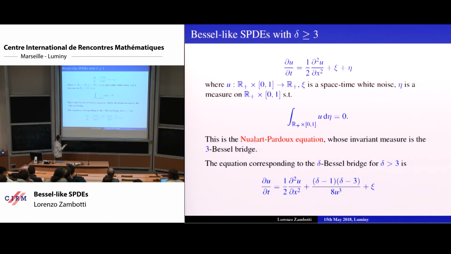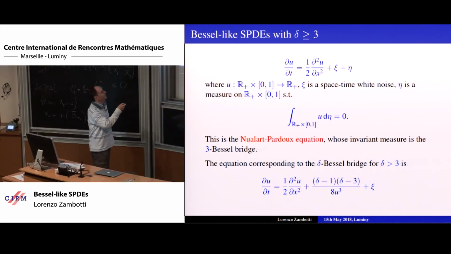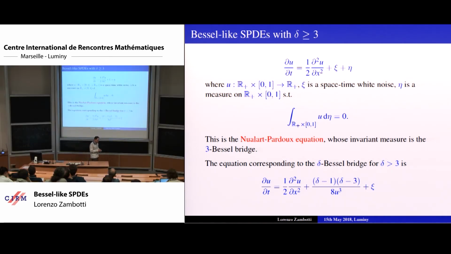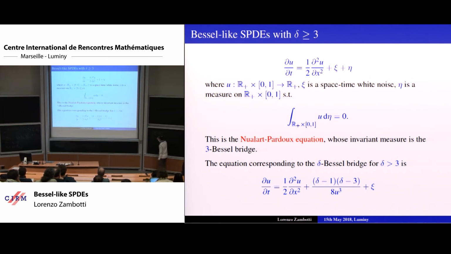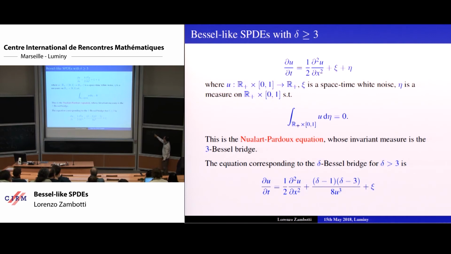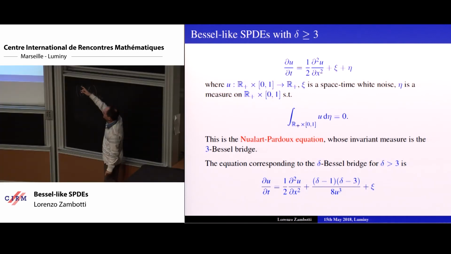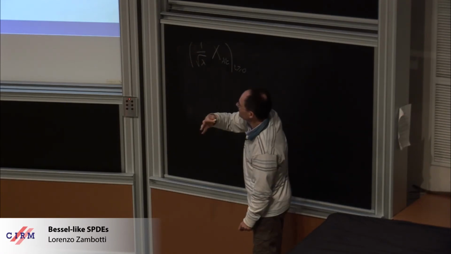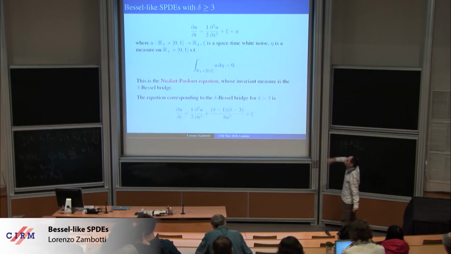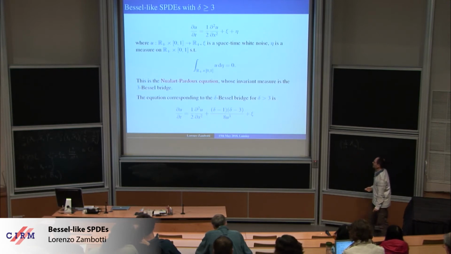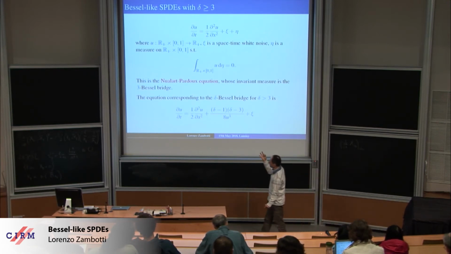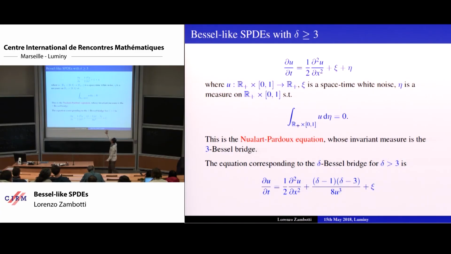It turns out that the invariant measure of this SPDE is the 3-dimensional Bessel bridge. So we get a connection with the previous class of processes. Again, you should think of the time of your Bessel process becoming the space of the SPDE, and then you have an additional variable, which is the t here, the time which flows. So in space, this equation produces essentially a